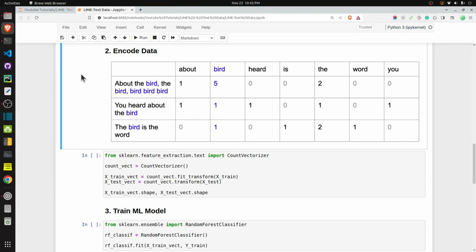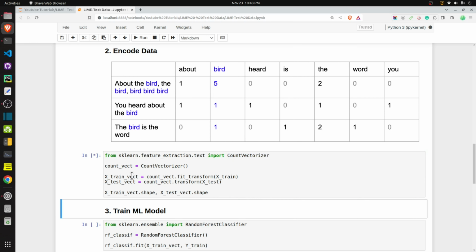In this section, I have encoded our text data, because all machine learning models work on floats. So we need to convert our text data into lists of floats. For that purpose, I have used a CountVectorizer, which is a kind of vectorizer available from sklearn.feature_extraction.text. Let me execute this line of code.